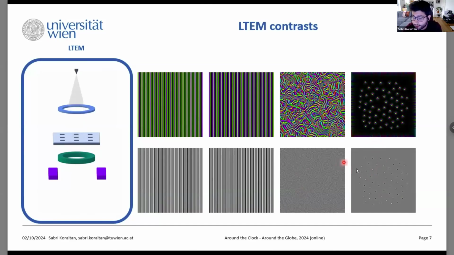So a counterclockwise Skyrmion collects the electron beam, so collects the electrons and acts as a lens, and we have an increased intensity. If you have a clockwise Skyrmion, of course, it depends on overfocus, underfocus, but if you have a clockwise Skyrmion, for example, then we have less intensity because the beam gets a bit